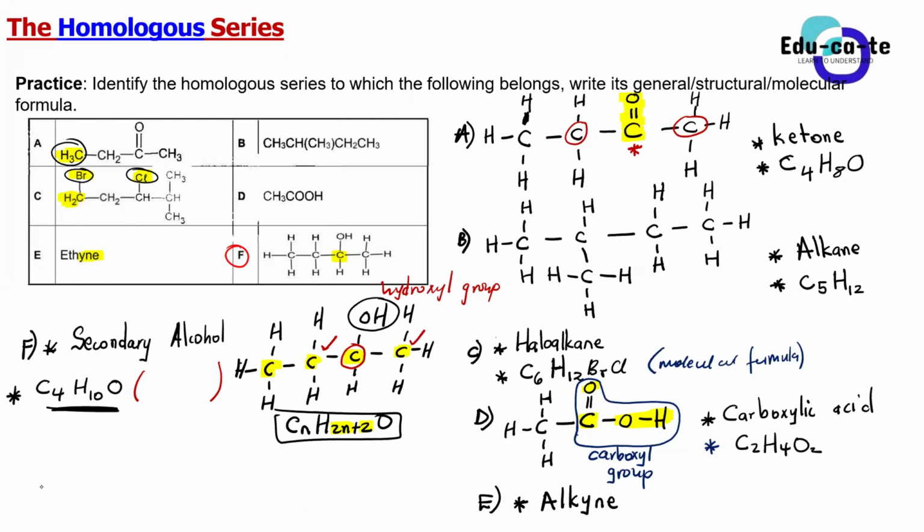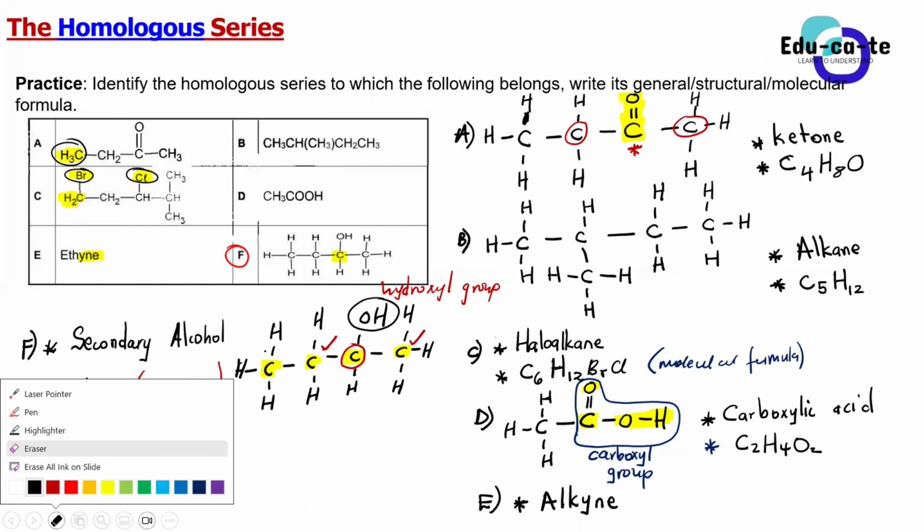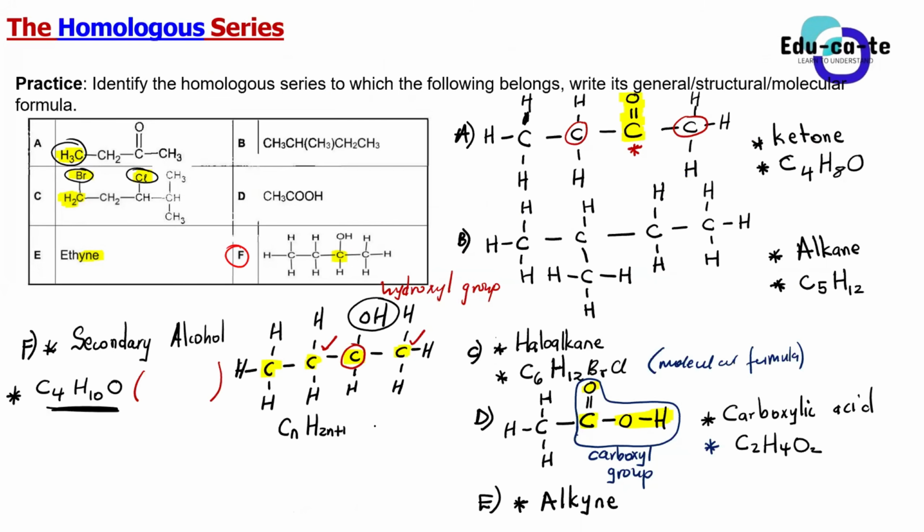But anyways, we're not there. The other way of writing the general formula for alcohols, we can use this one. The first one is still correct, yes, but we can use another way. We can say CnH2n+1OH. This is the general formula for all alcohols. So if we have 4 carbons for this alcohol, guys, we are having 4 carbons.